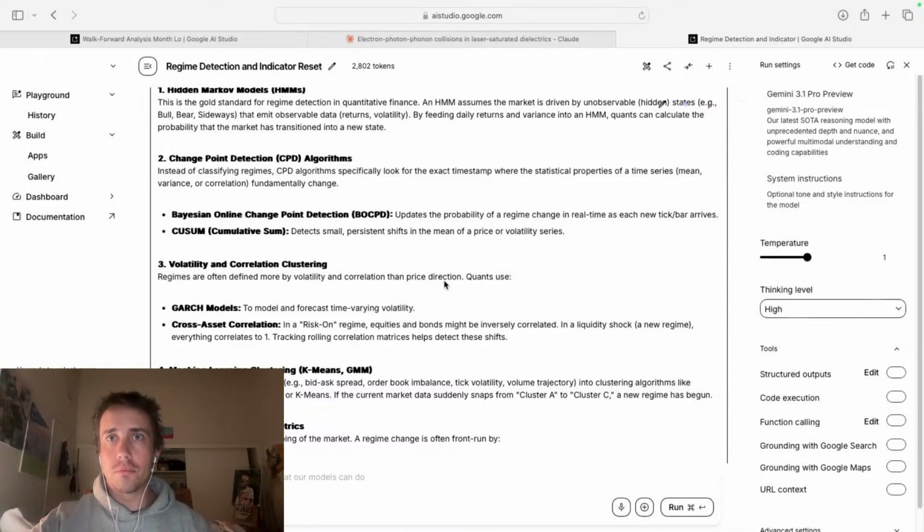Okay, so let's do simple volatility scaling.